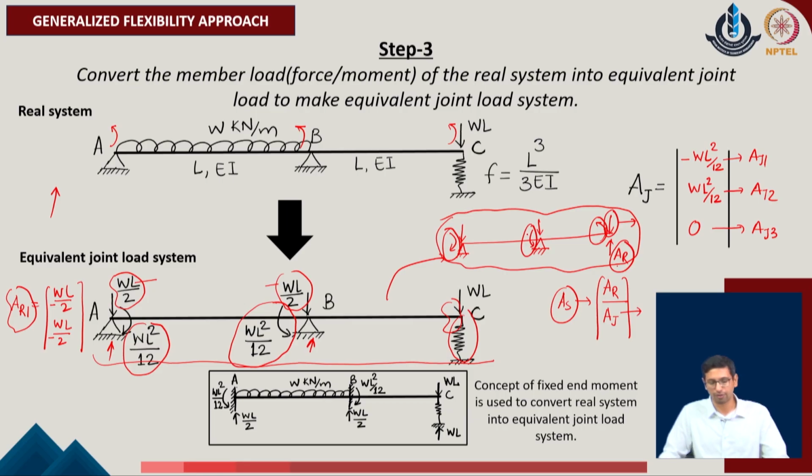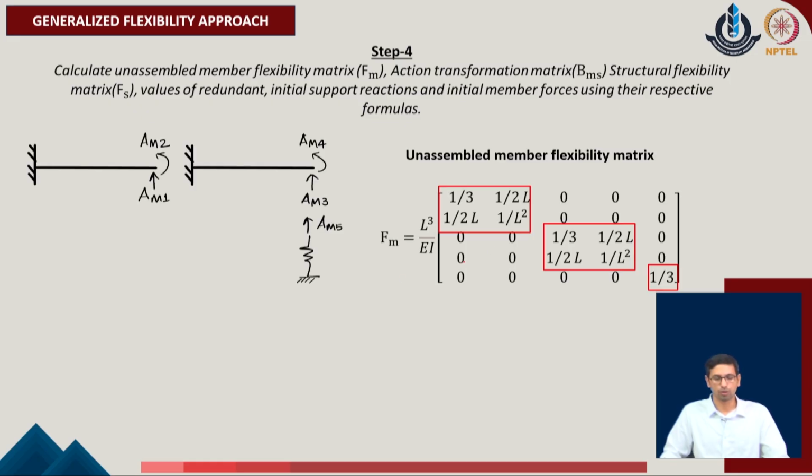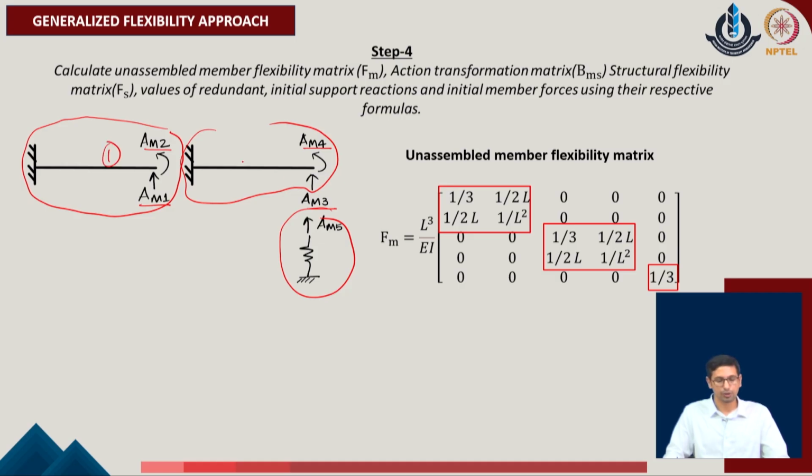So, as we move ahead with the respective terms, we consider now, as step 4, that we want to evaluate the member flexibility coefficients. To include the member flexibility, we will break the overall system into the member components. So, this is the member 1, this is the member 2 and this is the member 3 of the given system. For all these three members, we have considered the set of member forces which could be active, while member 1 and 2 happen to be the beam members.